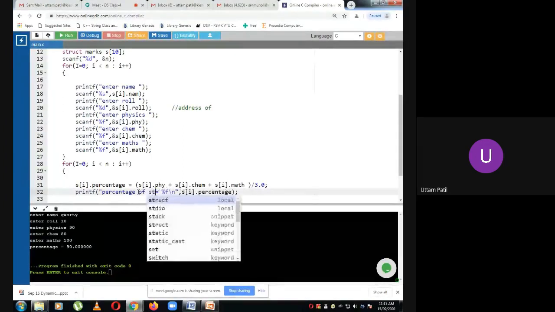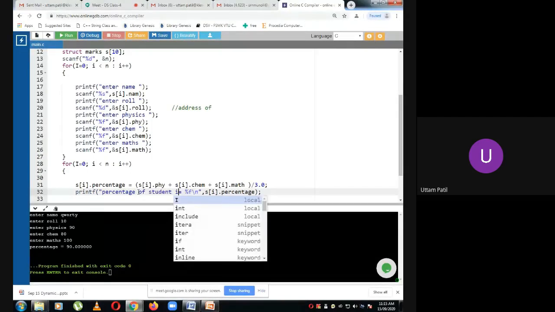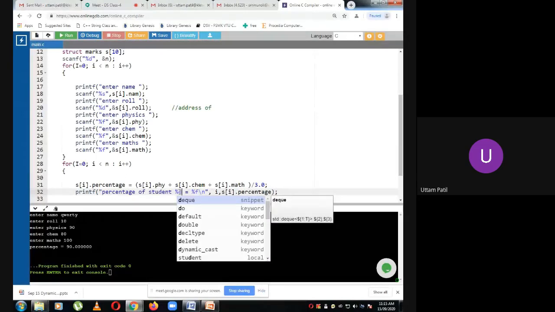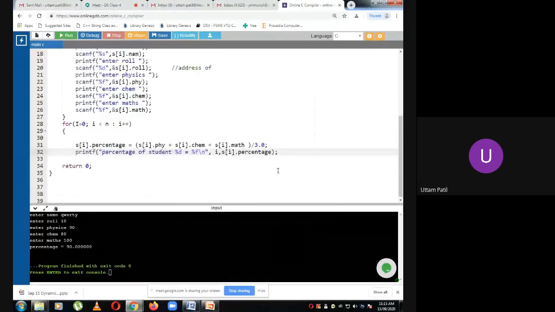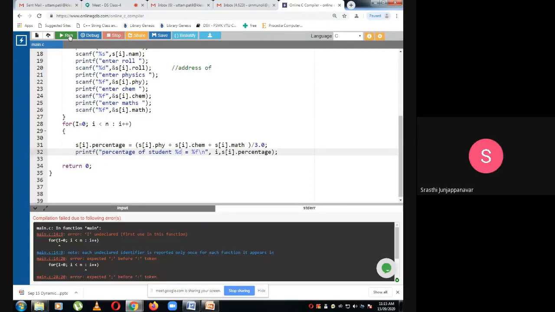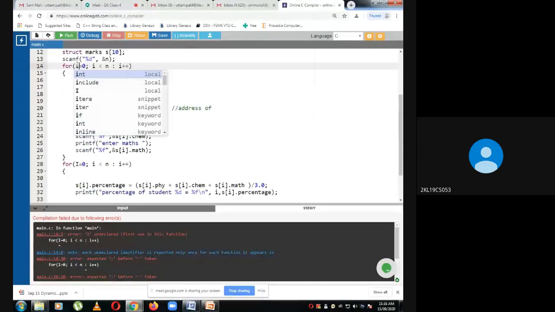Percentage of student, I will write, is equal to, then I use another variable i. Percentage of ith student is what I'm printing here. Ma'am, somewhere i has become capital. In the for loop, there will be a semicolon.